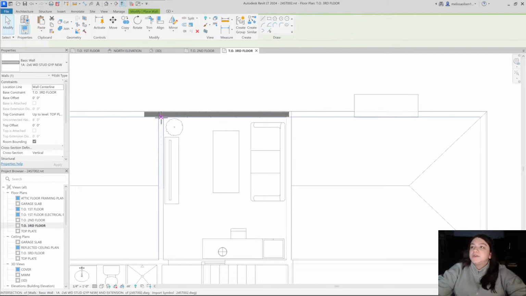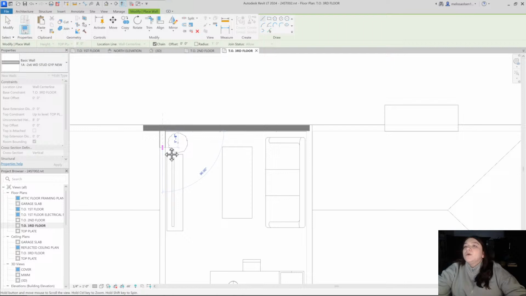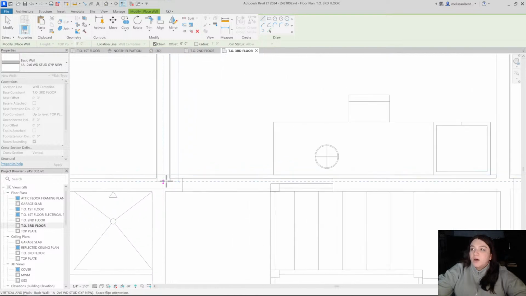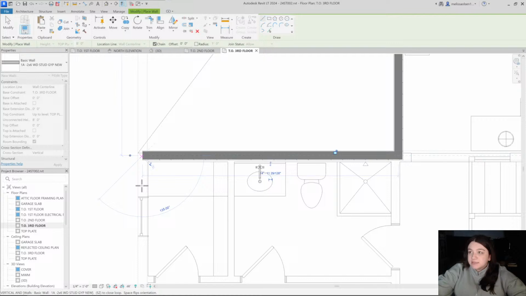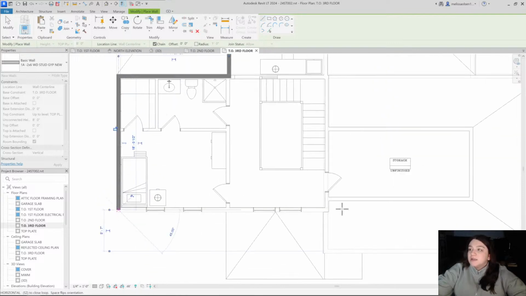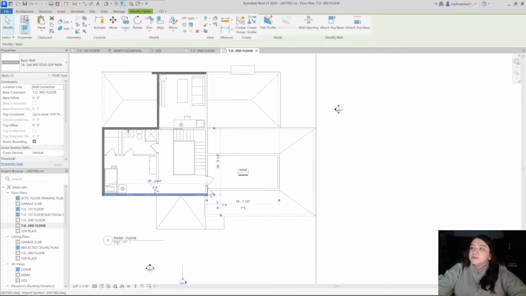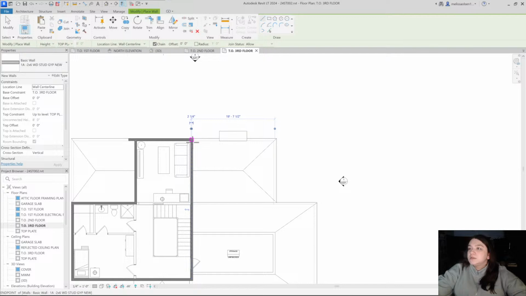So I'm just going to do create similar. Create similar is going to take the properties of the wall and also the settings, so the base constraint of the wall, the top constraint of the wall, and it's going to do exactly what it says it's going to do, and create a similar setting to that. So I'm just going to outline the exterior walls,